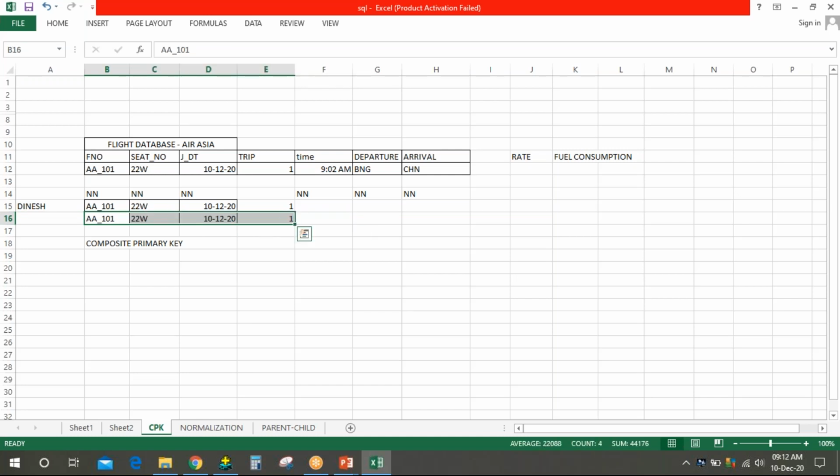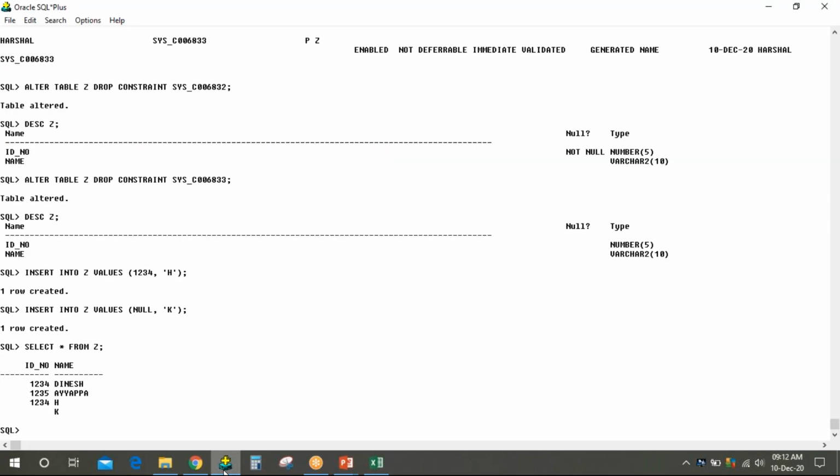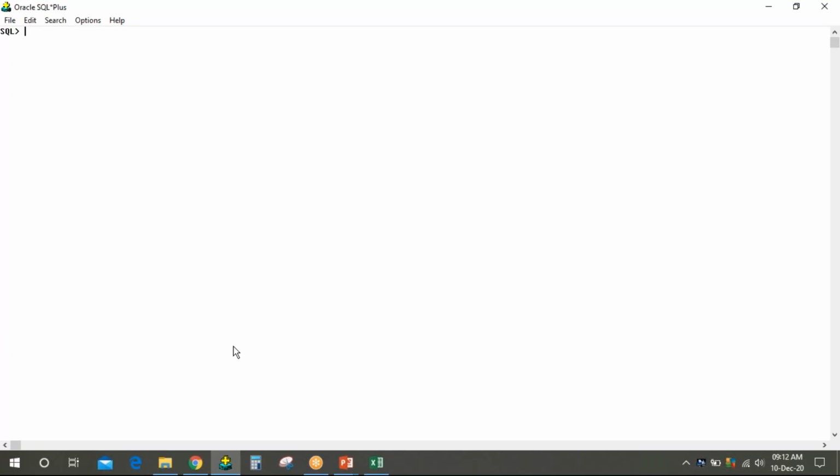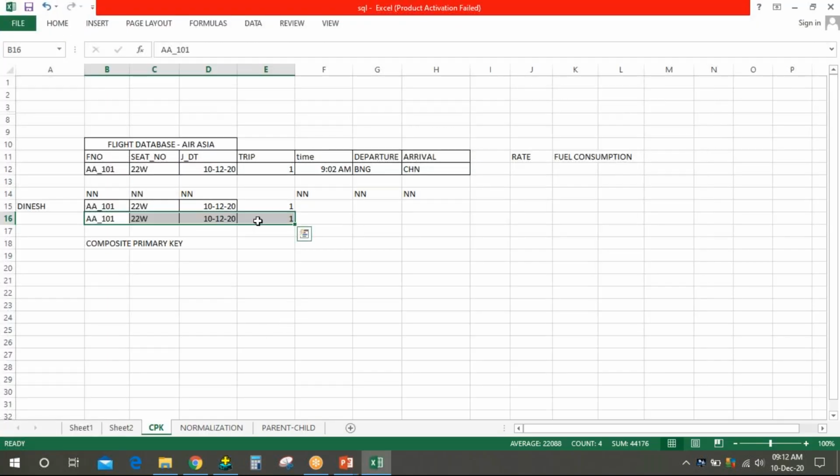All 3 or 4 columns together will make the composite key. Let's go to the SQL and learn. Create table Air Asia. What are the columns?